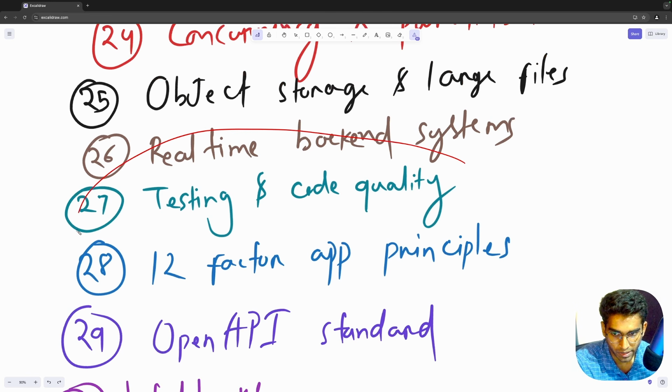After that, we have testing and code quality. Here we take a look at different types of testing: unit testing, integration testing, end-to-end testing, functional testing, regression testing, performance testing, load and stress testing, user acceptance testing, security testing. We'll take a look at what is test-driven development, how to automate tests in CI/CD environments, how to manage code quality with external linting and formatting tools, and what are the measures of code quality and coverage, like quality metrics